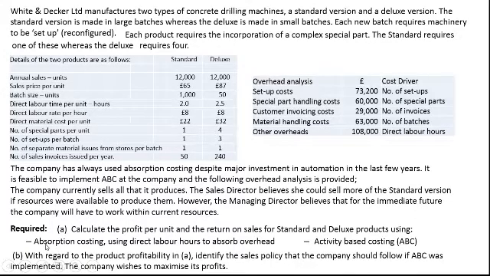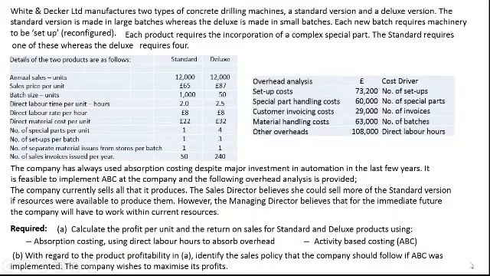So first we should use absorption costing, where direct labor hours are to be used for working out our overhead absorption rate. And secondly, we should work out product cost using activity-based costing, that is the ABC method. Once we have done that, we have been asked to work out product profitability in A, and then identify the sales policy that the company should follow if ABC was implemented. So we work out for both